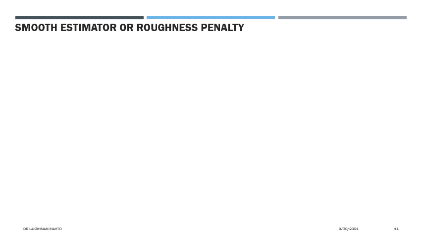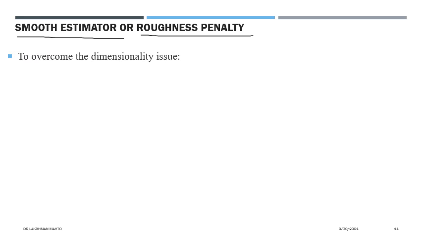So here we have to define one penalty. That penalty leads to a smooth estimator. We are putting that penalty in to control the roughness of the problem, so that's why you can call it a roughness penalty. To overcome the density issue, one often has to associate an implicit or adaptive matrix.